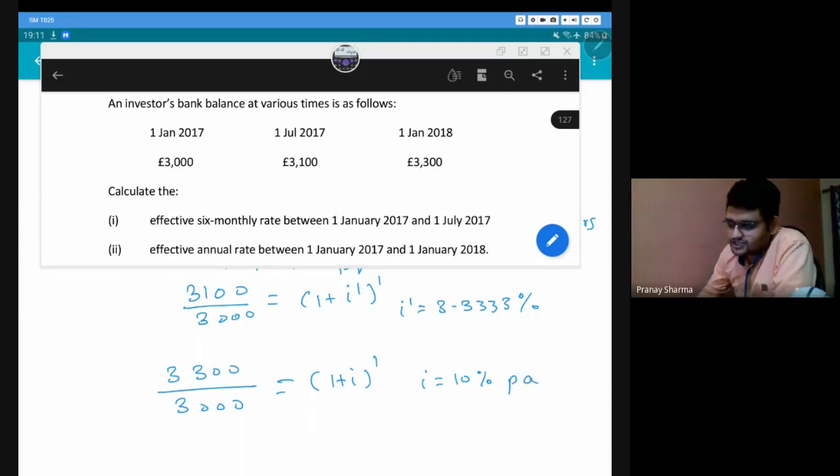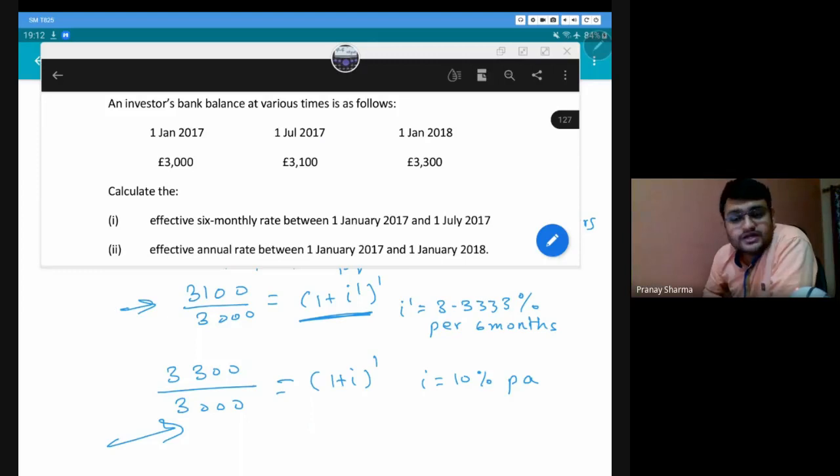This is 10% I'm charging you per annum, and this is 3.33% I'm charging you per 6 months. Every 6 months you are getting 3.33%, and every year you are getting 10%. Now that means it is not a consistent rate of interest. Why? If I'm getting 3.33% per 6 months, in 1 year that will be around 7%. It will not directly become 10%, right? So it is not exactly twice, but it will be around twice the value. So I can find the annual rate of interest for the first 6 months, and I can find the 6-monthly rate of interest for the 1 year as well.